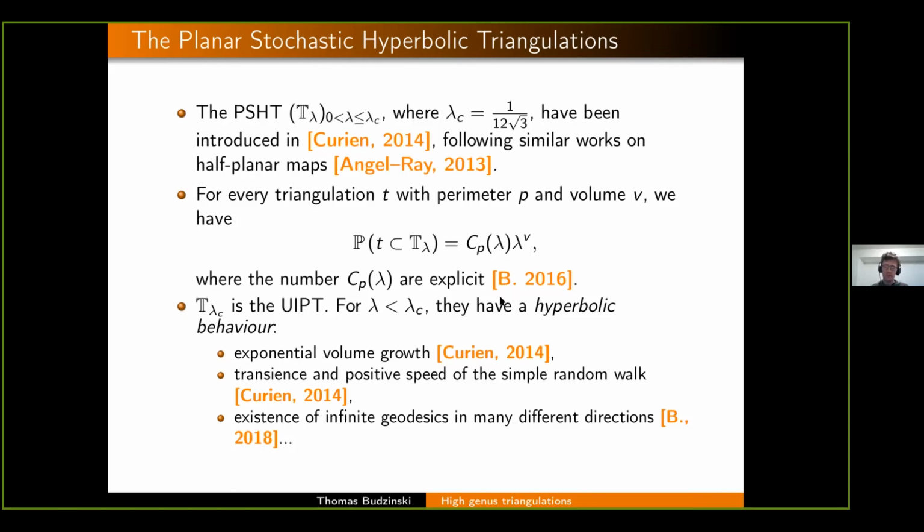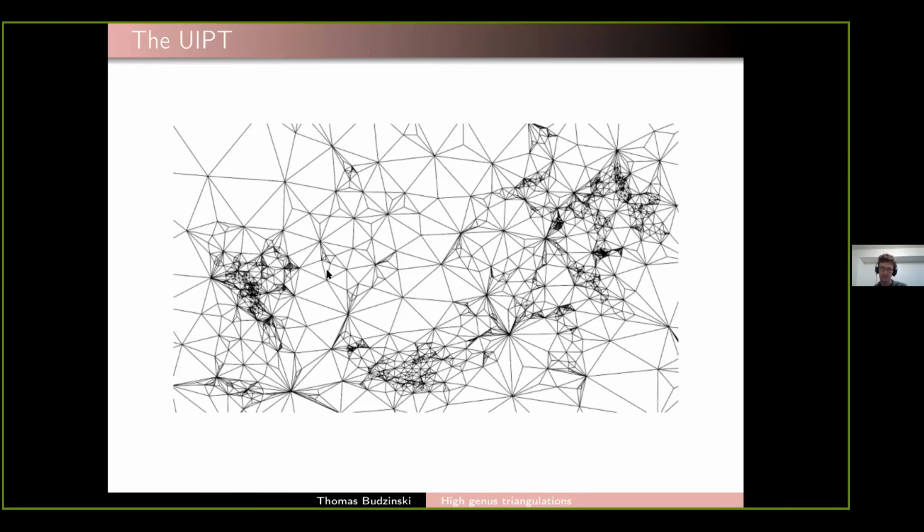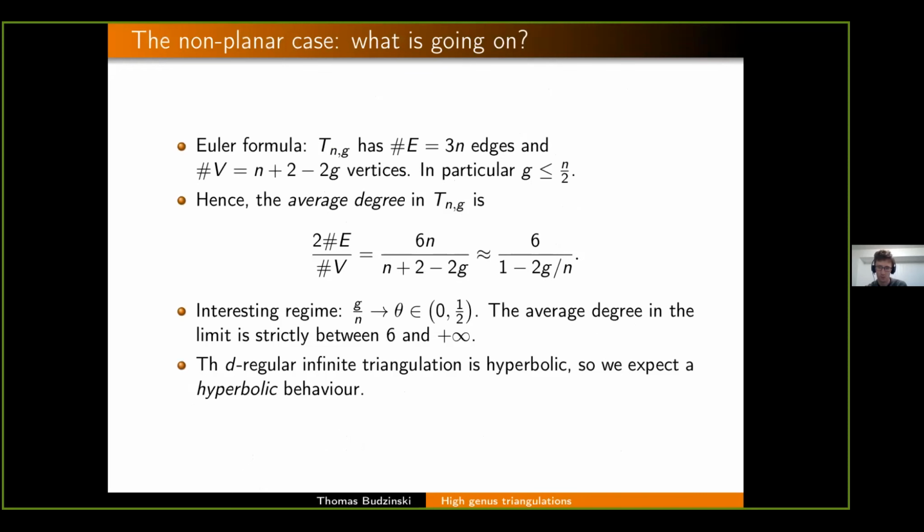So we have this family of random triangulations, which exhibit both a nice spatial Markov property, just like the UIPT, but also hyperbolicity properties. Maybe I should have mentioned that, for example, for the UIPT, so for this nice object, the volume growth is of order R to the 4. So the ball of radius R for the graph distance contains R to the 4 vertices. So it's not hyperbolic at all, but it's still a much quicker growth than, for example, for regular lattice, where the growth is just quadratic.